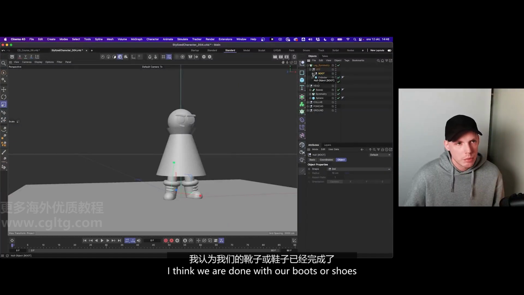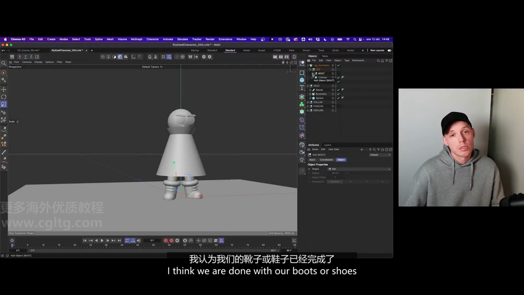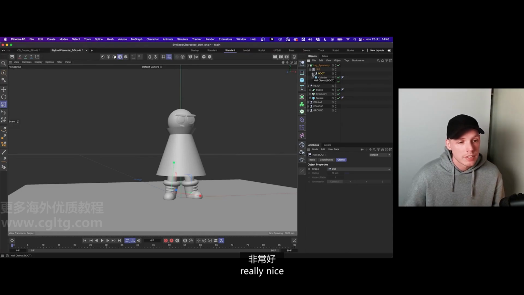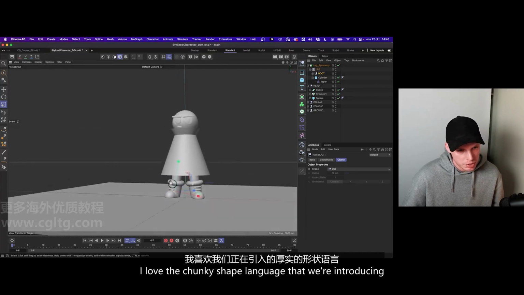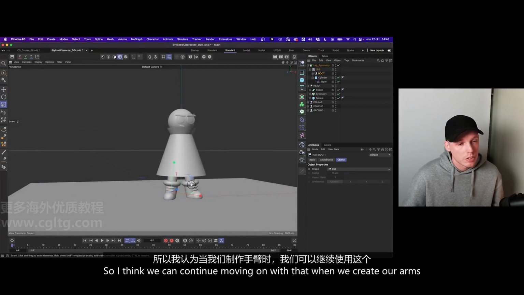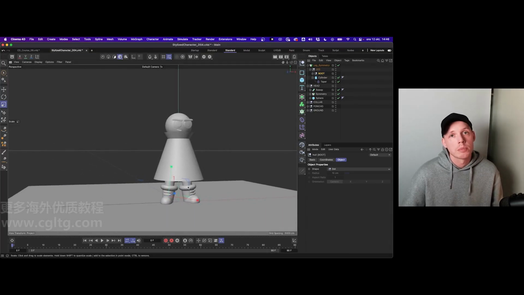So with that, I think we are done with our boots or shoes. They're looking really, really nice. I love the chunky shape language that we're introducing. So I think we can continue moving on with that when we create our arms. So I'll see you in the next